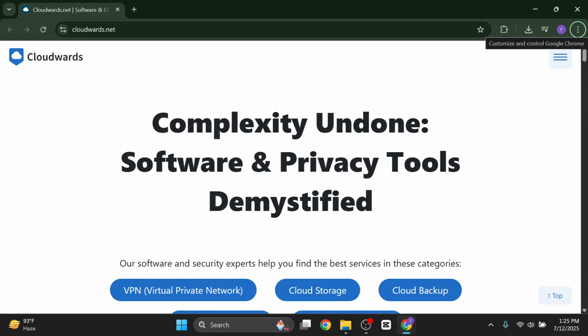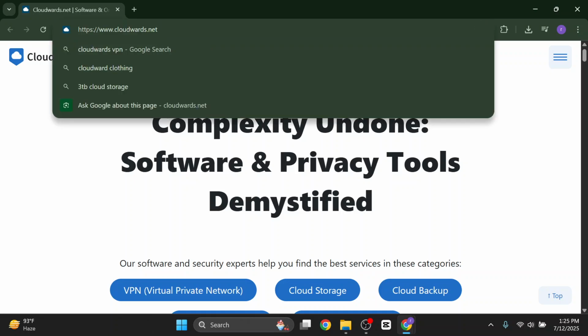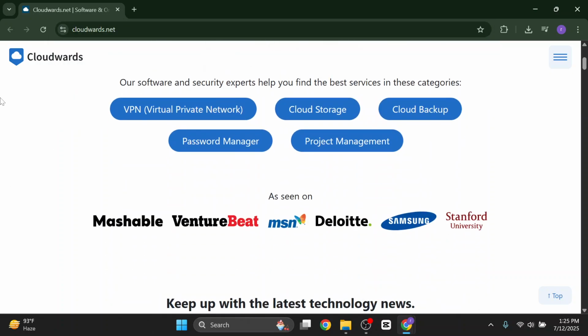Hey everyone, in this video I'm going to show you how to fix the Kodi buffering problem in 2025, the easiest fix. First of all, you need to open a browser tab and search for cloudworks.net, and then after